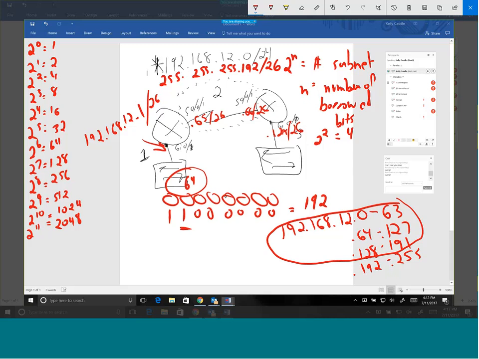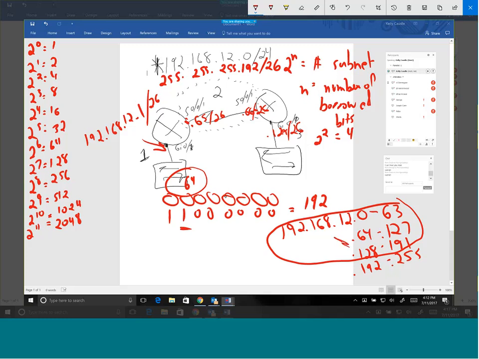Now, is this the most efficient way of doing it? How many hosts do you have on this subnet right here between the 2 routers? This is a point-to-point link, so how many IP addresses are you going to have? 2, yeah, because there's this here to here. So this is not the most efficient way to subnet because I put a subnet that consists of